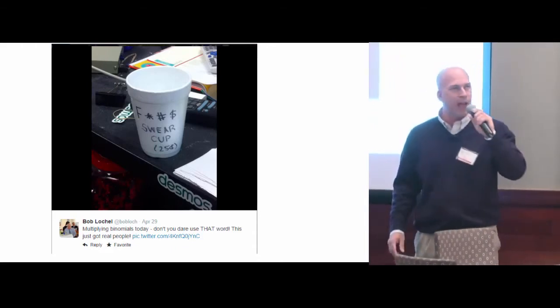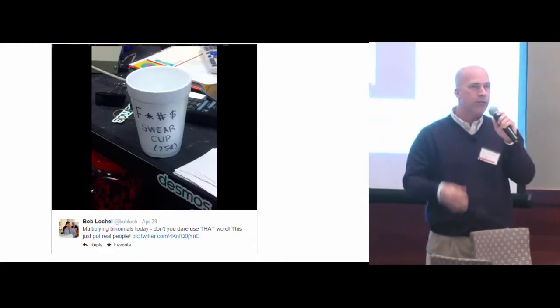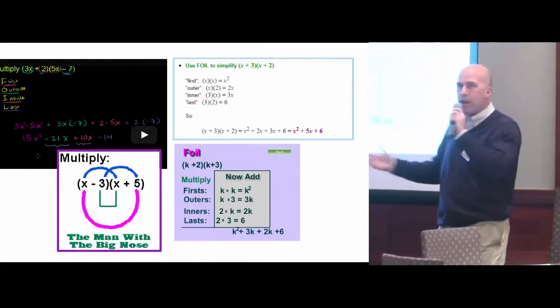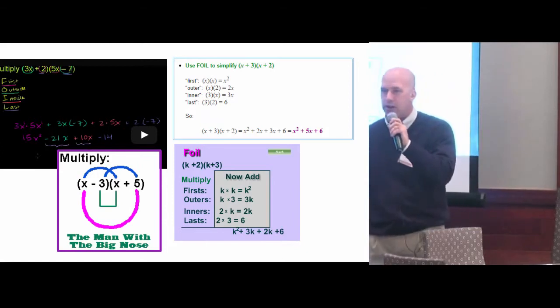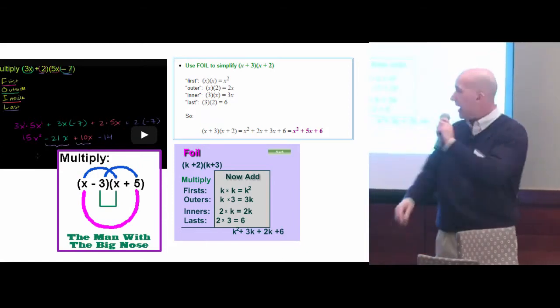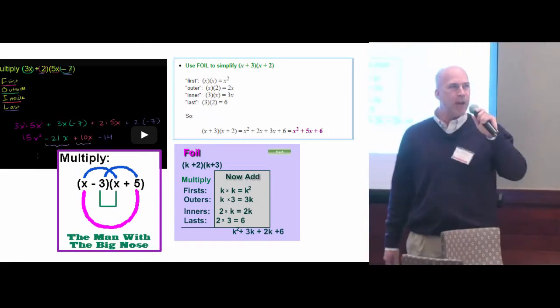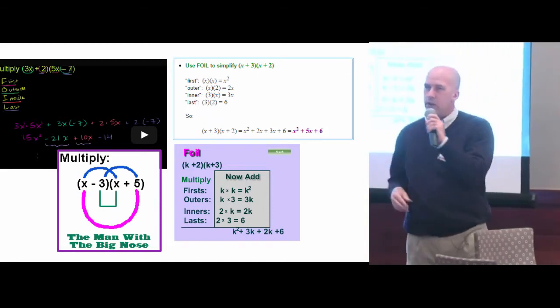Okay? Because that evil word with 4 letters, first, inner, outer, last, is only used in that one situation where we're multiplying binomials. But you'll see that word, I'm going to give a quarter here for saying FOIL, but we use FOIL all over the place. So I looked up all the different places where you see FOIL, and we see it in Khan Academy and different textbooks. And I saw one, the man with the big nose. I'd never seen that before. But FOIL is pretty ubiquitous, but it's only used for one little piece there.